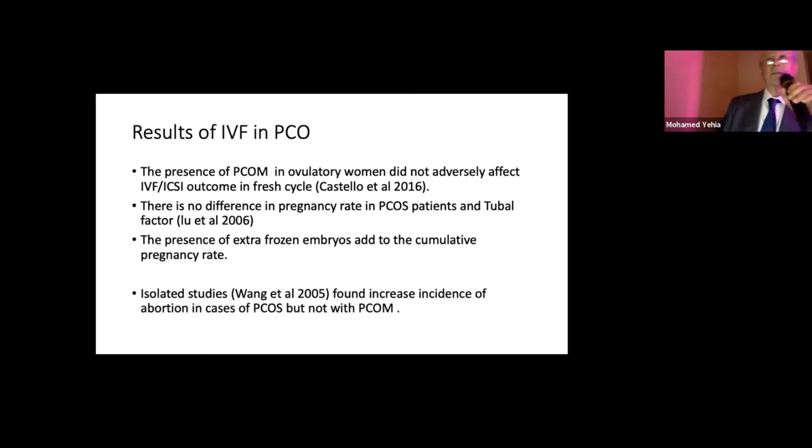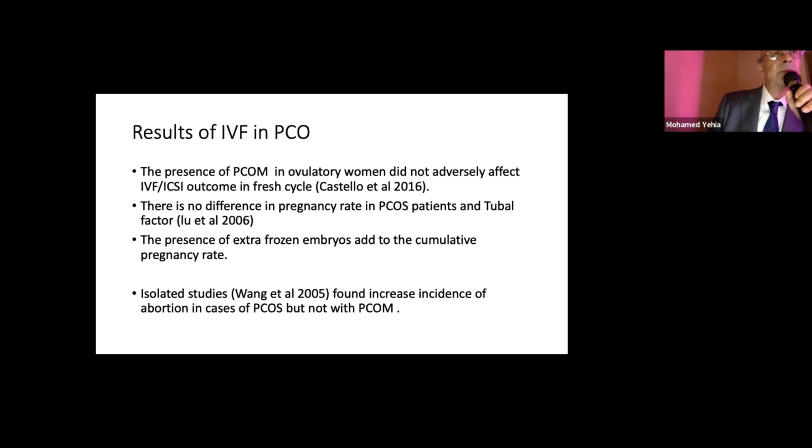What are the results of IVF in polycystic ovary? The presence of polycystic morphology alone in ovulatory women did not adversely affect IVF or ICSI outcome in the first cycle. So the patients who have polycystic morphology, there is no effect. Actually, they do very well. There is no difference in pregnancy rate in polycystic ovarian syndrome between patients and those who have tubal factors. However, we usually have extra embryos in polycystic ovary, and this will give us a higher cumulative live birth rate